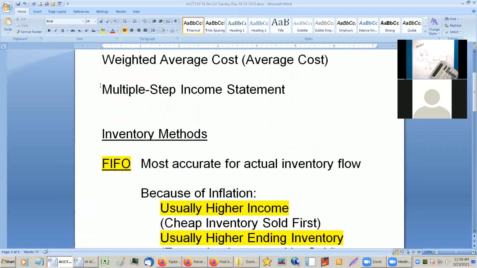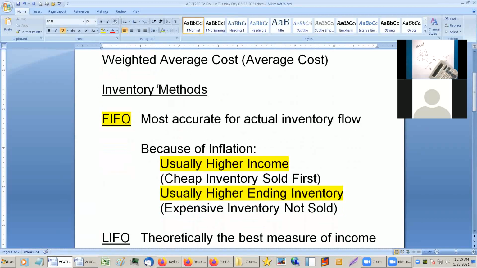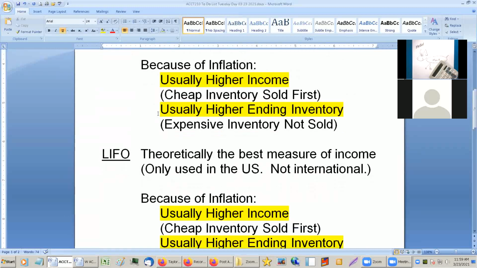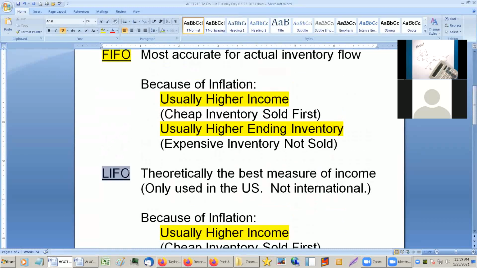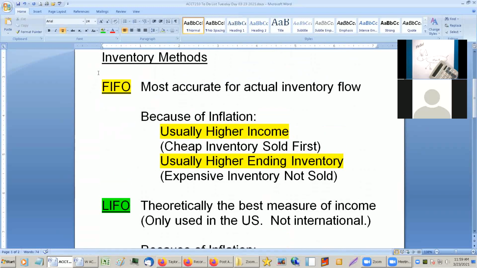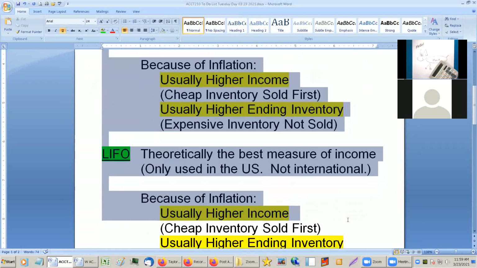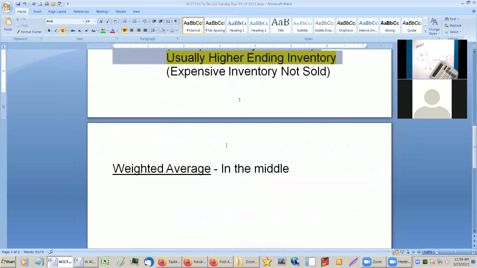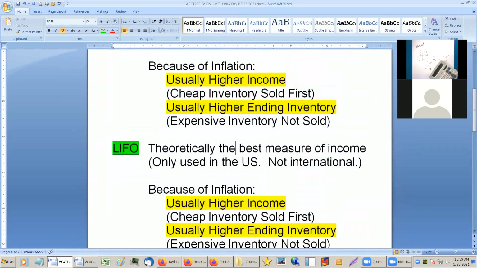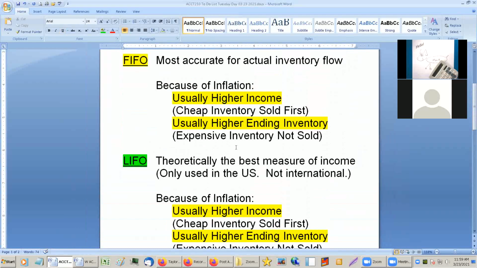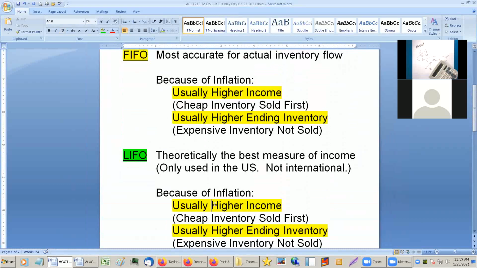I'm not going to do multi-step, we'll do that next class. All right, so this is through LIFO. I'm going to shrink these a little bit. So those are usually lower income, because the last inventory, the expensive inventory,